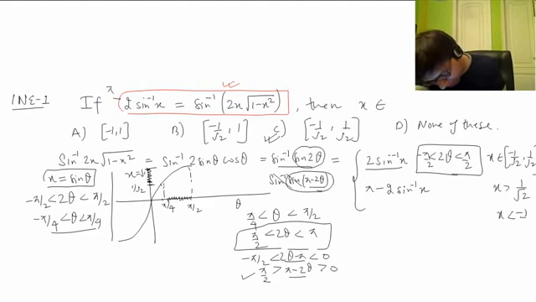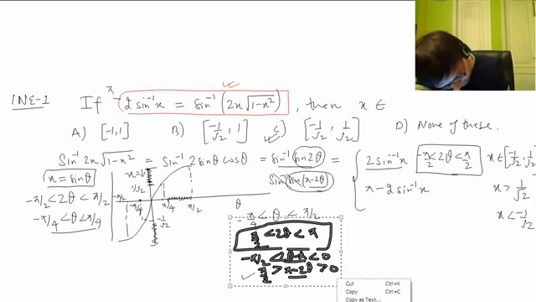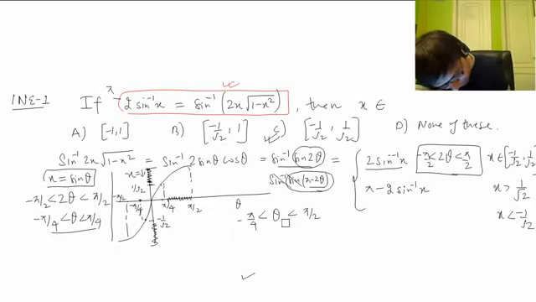So for x less than minus 1 by root 2 also we need to see how we can generate this piece. So if you come here, x is minus 1 by root 2, x less than minus 1 by root 2 means we are here, means on the graph of theta, we are from minus pi by 2 to minus pi by 4. Let's do this again. So this time if we map x less than minus 1 by root 2, we are getting theta from minus pi by 2 to minus pi by 4.